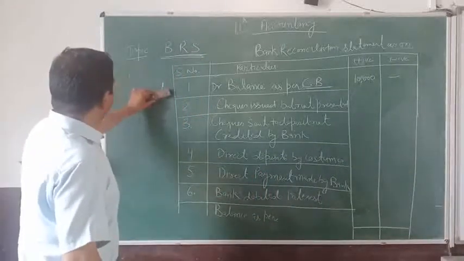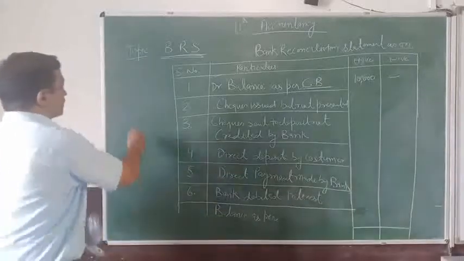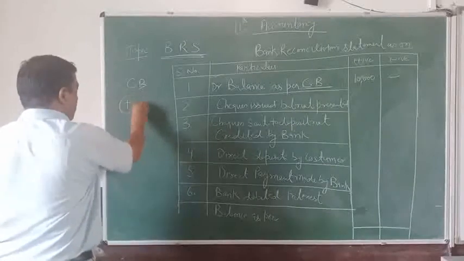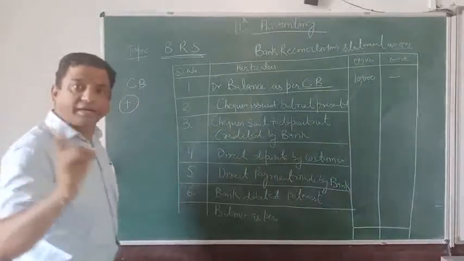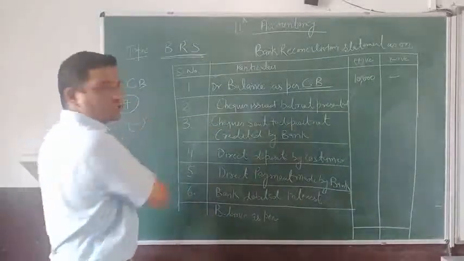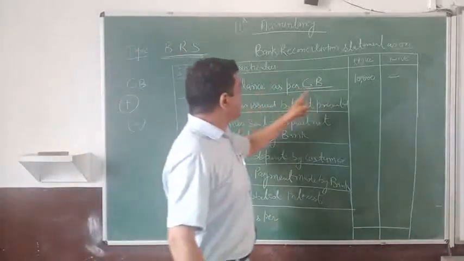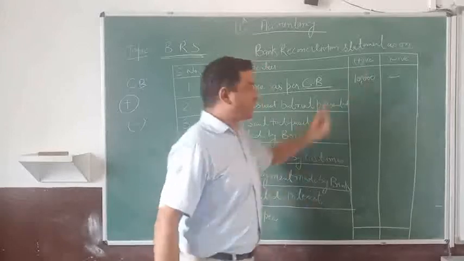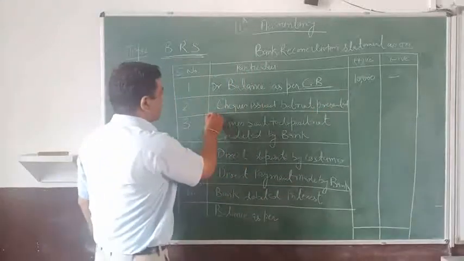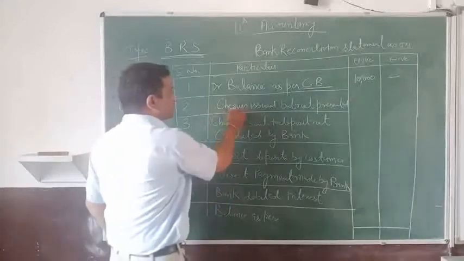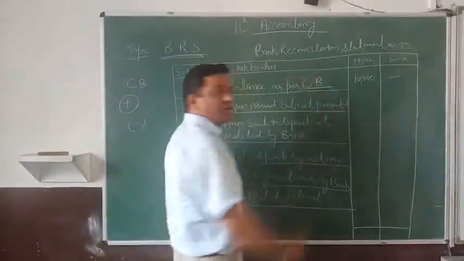While in the cash book it works the opposite. Means in the cash book, if something is being debited, it means plus. If something is being credited, it will be minus. So now we can start the question. Debit balance as per cash book, it is on the positive side. Now, the very first cause of the mismatch you got: checks issued but not presented.